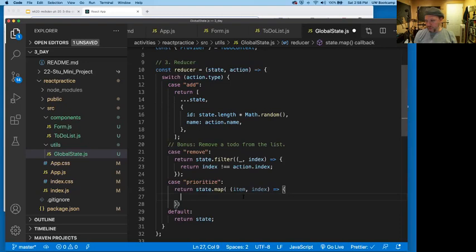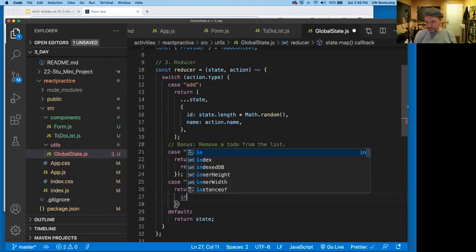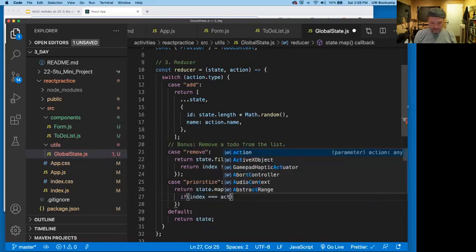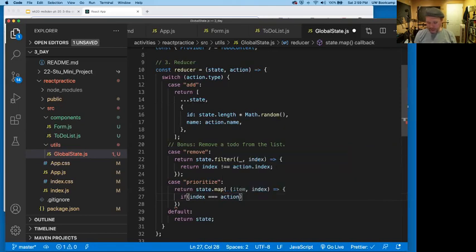So we're going to search for the item we want to change, based on its index. We're going to say if the current index equals the index of the thing we want to change,